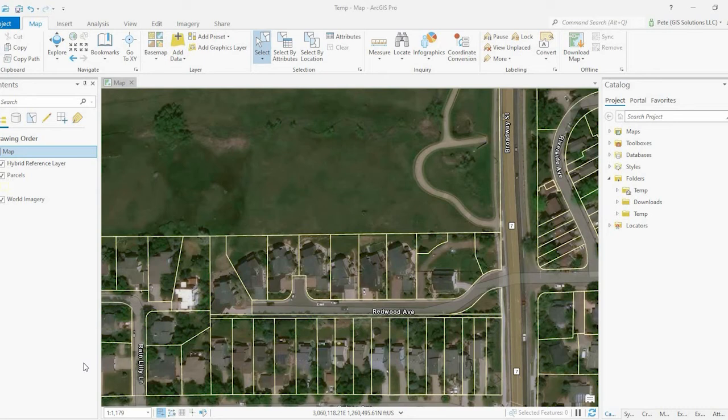Hey guys, Pete here with GIS Solutions, and today I'm going to show you how to georeference an image document into ArcGIS Pro. Okay, so I'm going to go over to my catalog, and in my temp folder I have